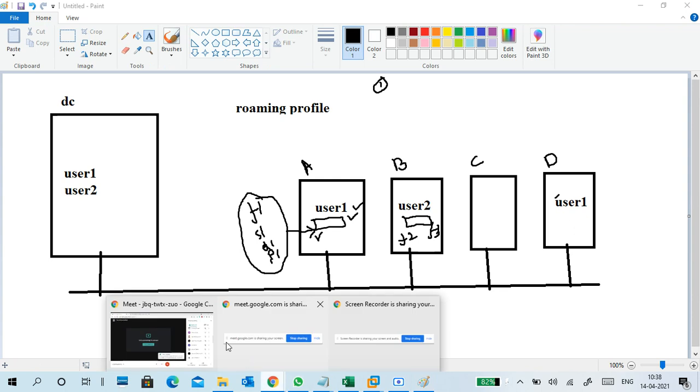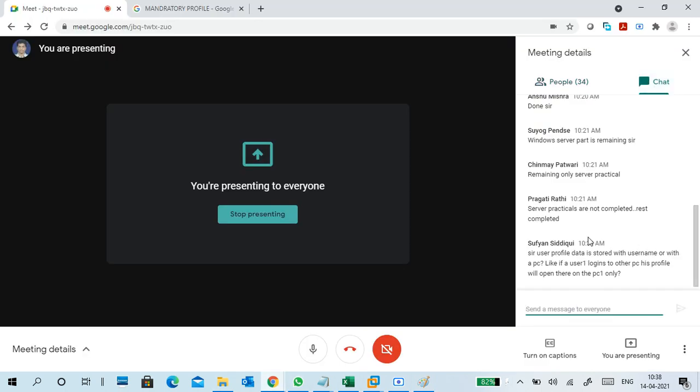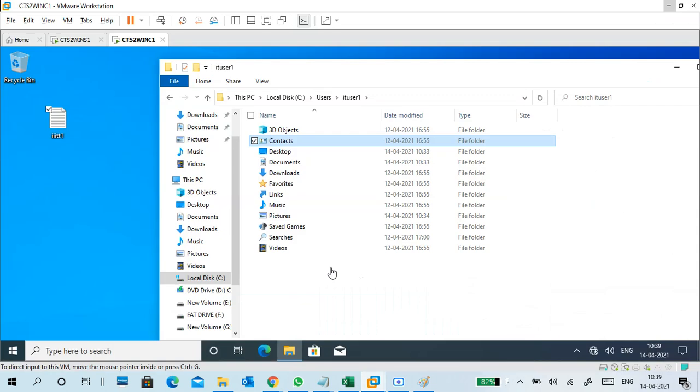Someone asked a question: sir, is user profile data stored with the username or with the PC? Like, if user one logs in to another PC, will his profile open there? Yes, it's a good question. First, profile data is stored by username only, not by PC name. In a PC, the user profile data is there under the user's name only, just like I showed here.